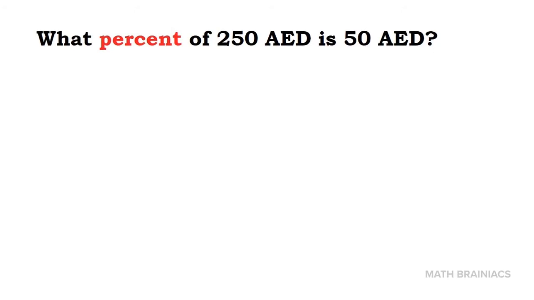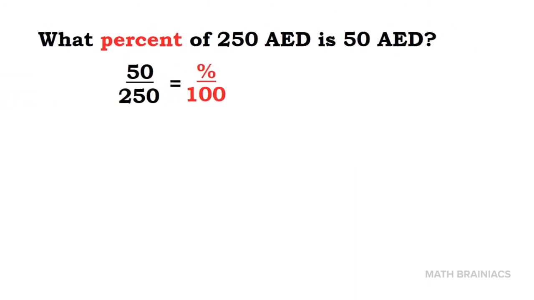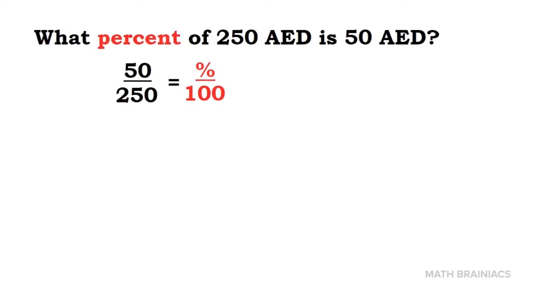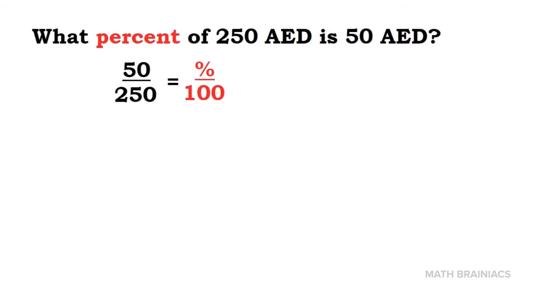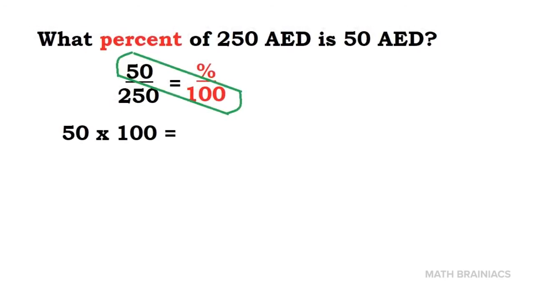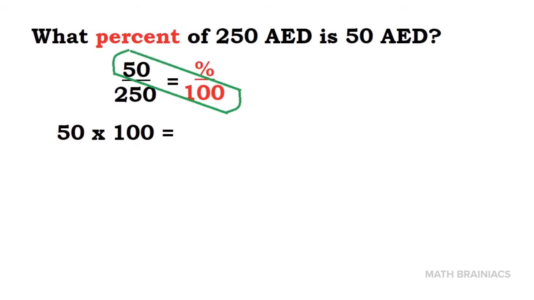Let us work on this example so that everything will be clear to you. What percent of 250 dirhams is 50 dirhams? We are going to write the part over the whole, 50 over 250, and the percentage over 100%. Let us apply the cross multiplication product. We're going to multiply 50 times 100,